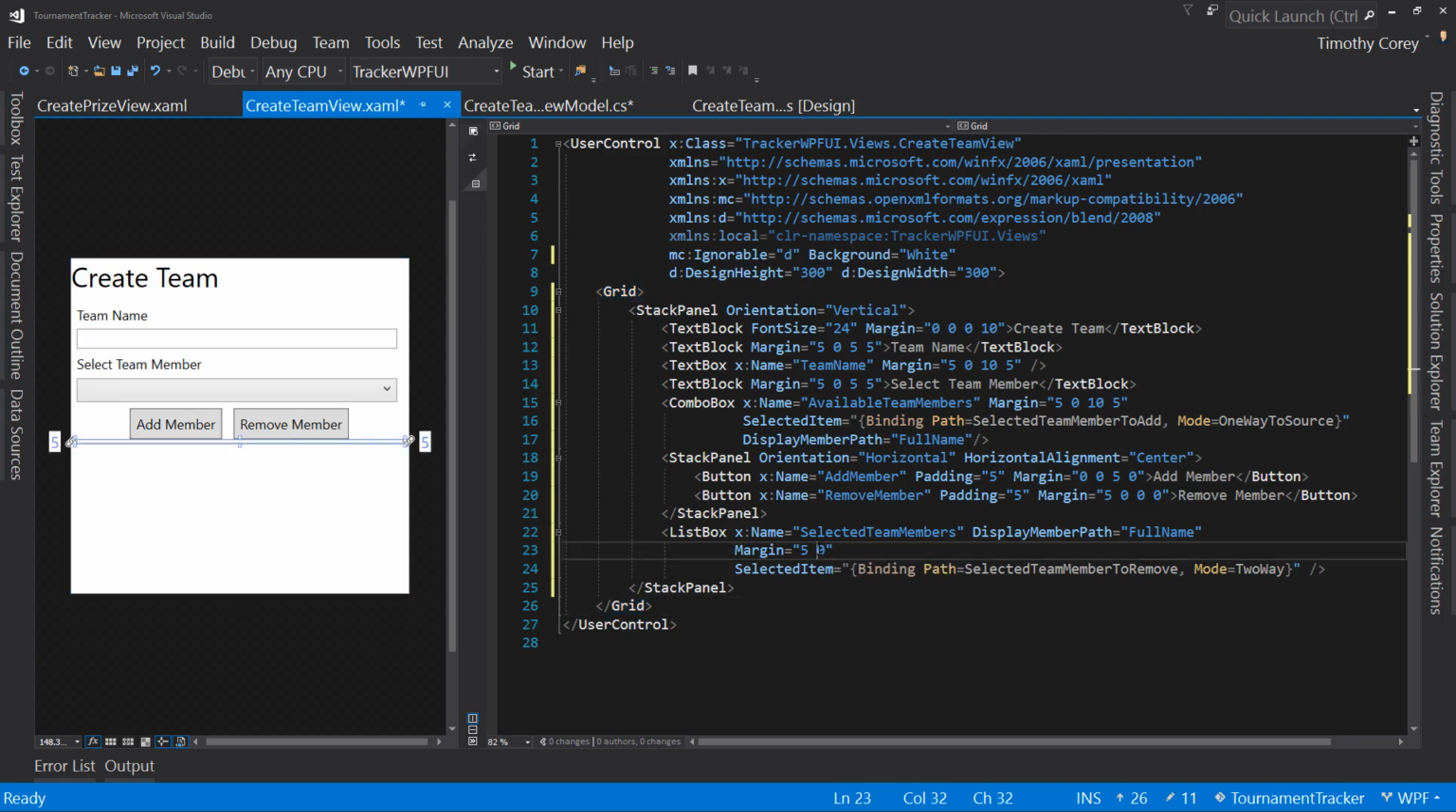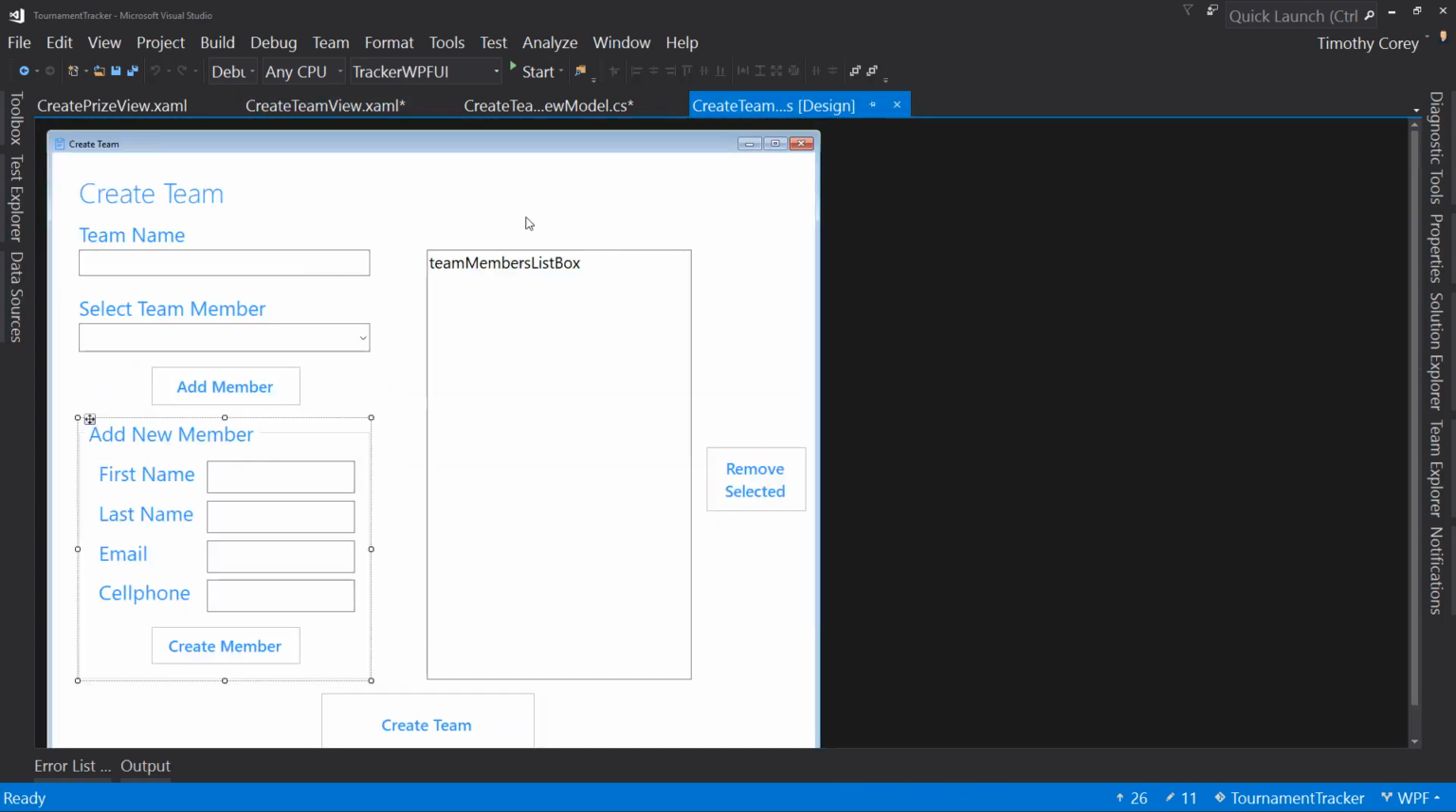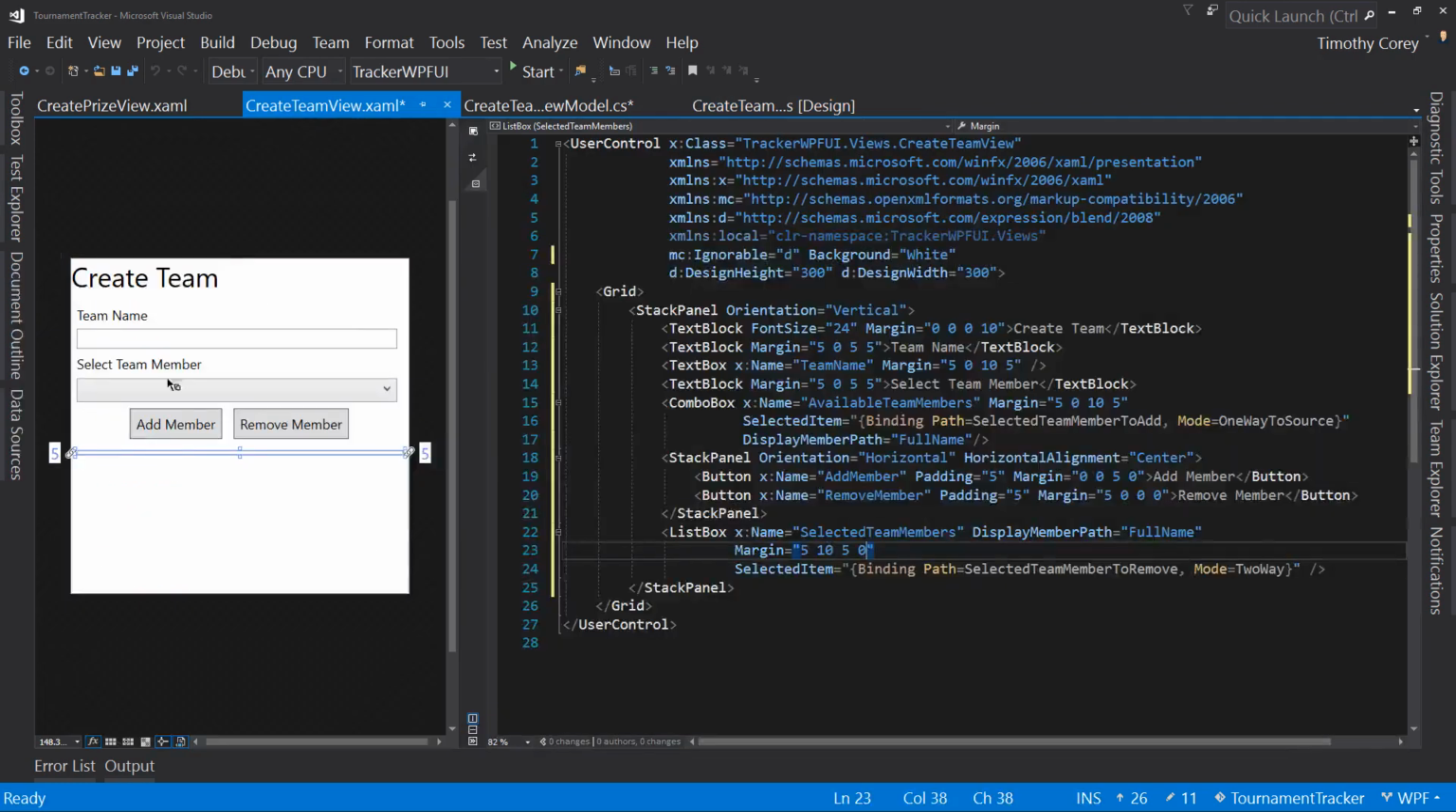So now I want 5 on the left, but the top, I want to have at least 10. And then I want to have 5 on the right. And let's leave 0 at the bottom for now. We could add more at the bottom if we want to. Now I'm looking at this going, do I need to have above this some sort of, here's the people in the team so far, or selected team members, or something like that to indicate